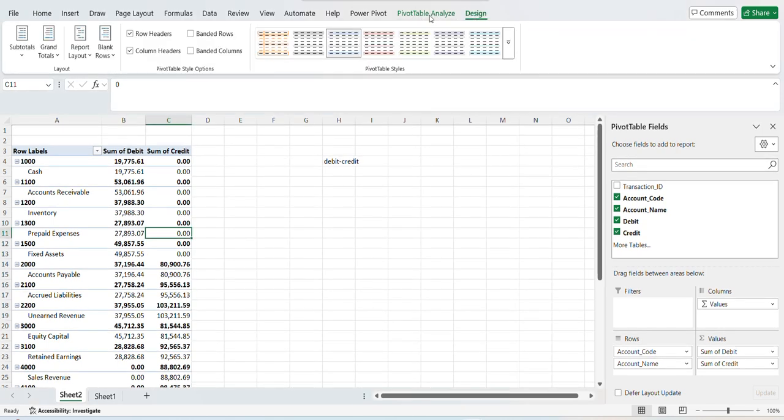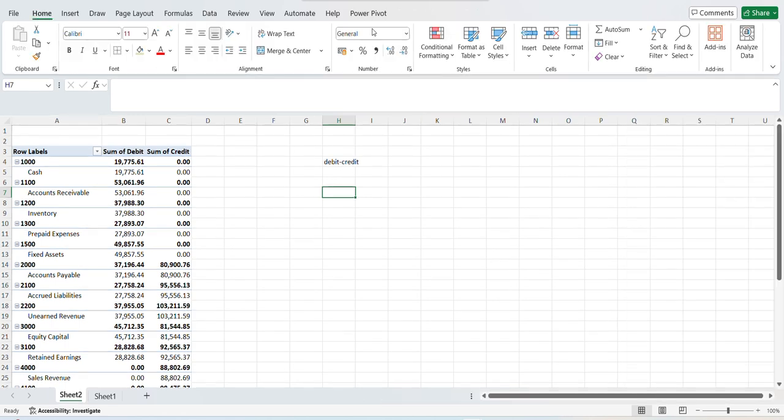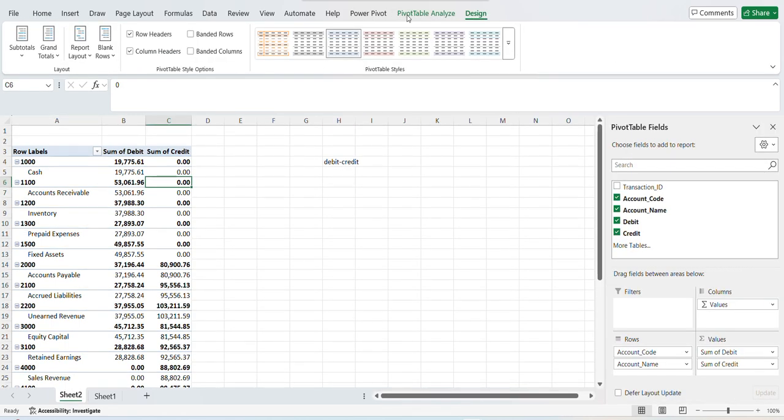Just a minute, it's not responding. Okay, I don't know why it is not responding. Okay, I go to pivot table, I go to analyze. I don't know why this is not responding. It's not responding. I don't know what crime I have committed here. It's not responding. So what we can do,